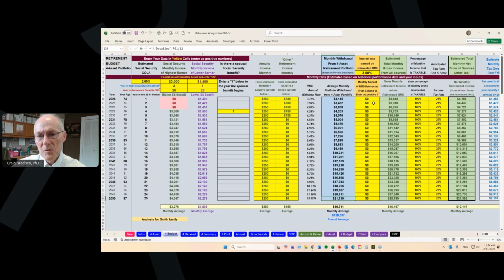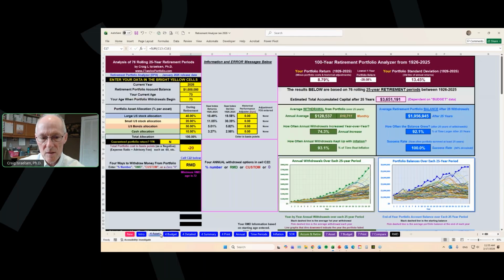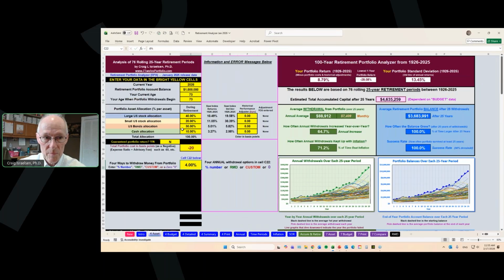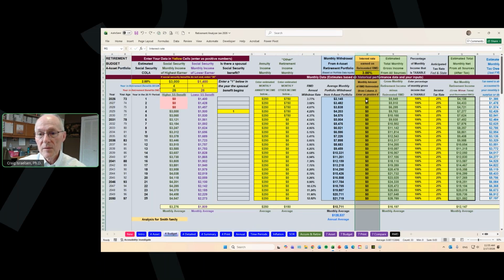Now, because the RMD has been selected, this column right here opens up. It's not visible unless RMD has been selected on this prior tab. So if I go to 4%, go back to the budget tab, whoop, gone. That column M disappears. So if I come back and I type RMD, or if I just go backwards, get my RMD, come back here, this says, okay, knowing that you had to withdraw money, you were forced by the IRS or by Congress, whoever you want to blame, knowing that you had to withdraw money,